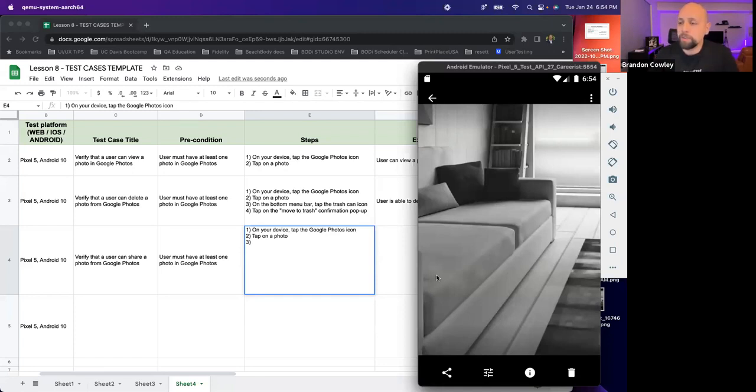Will it hurt if we always use one? I mean, not hurt. It's not like you're getting graded on your test cases, right? But just apply a little bit of logic to it. Again, not every test case needs a precondition. Most of them will have one just by the nature of the beast, right?